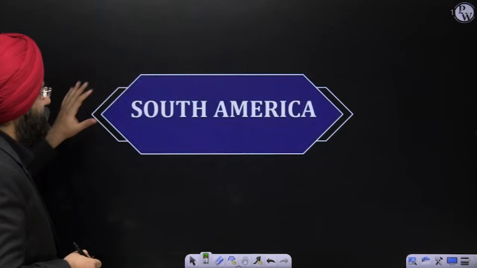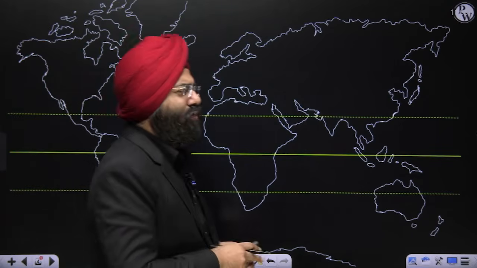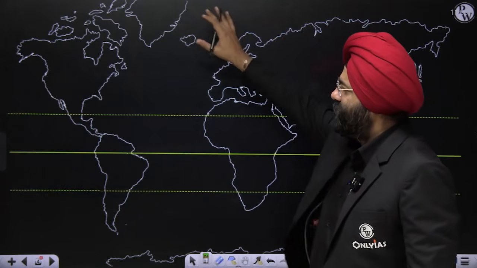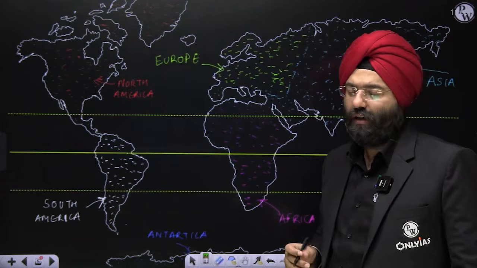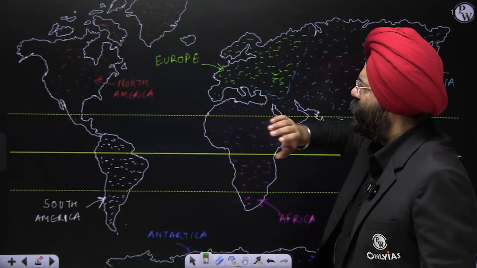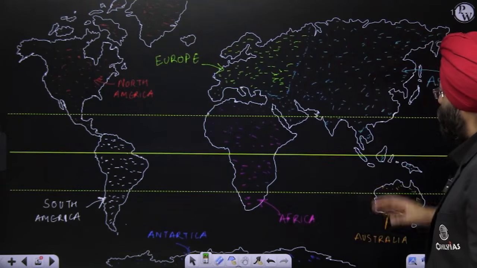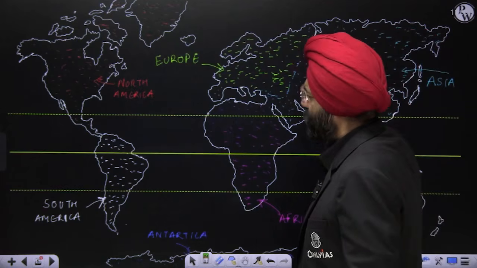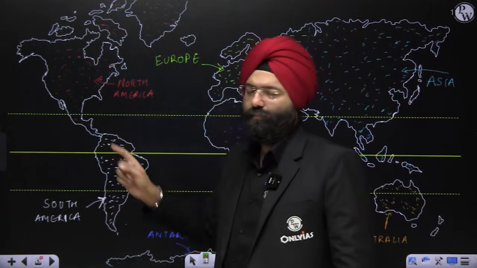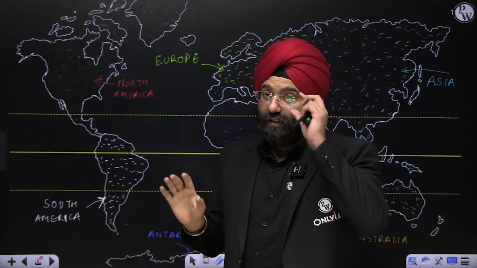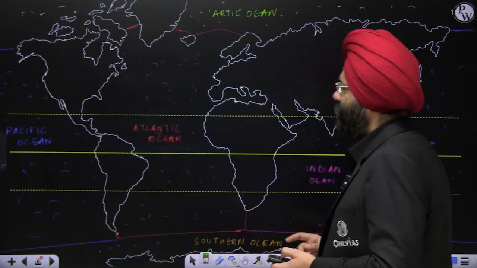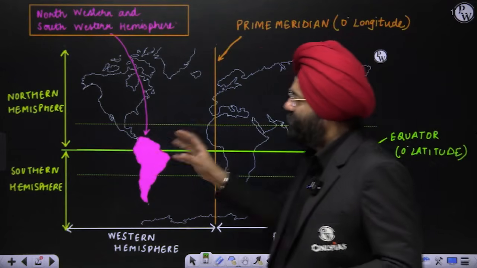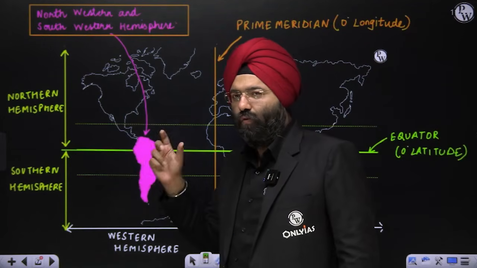Let's begin. South America. Now please see, as I've already shown you, we have drawn this world map by hand, and this is a basic representation. Now if I want to study South America, you will see there are a lot of continents here. North America, Europe, Africa, Antarctica, Australia, then Asia. Over here is your South America, right? Now this location, if I want to study even in more detail, you can see in the next map the precise location of South America.